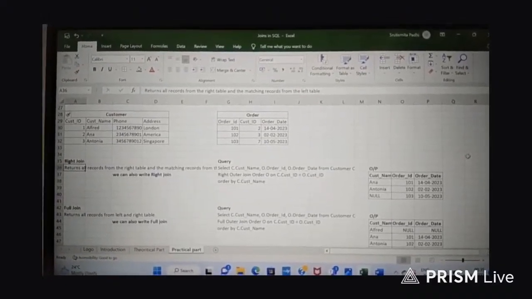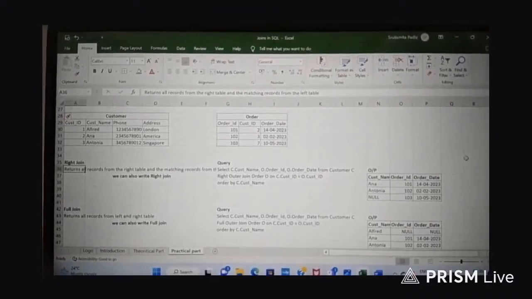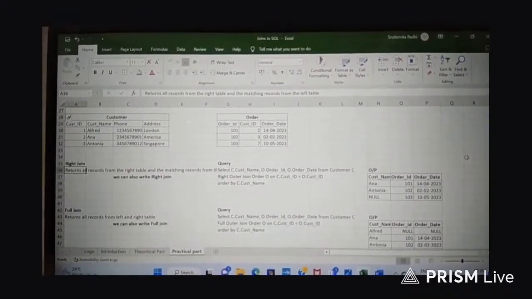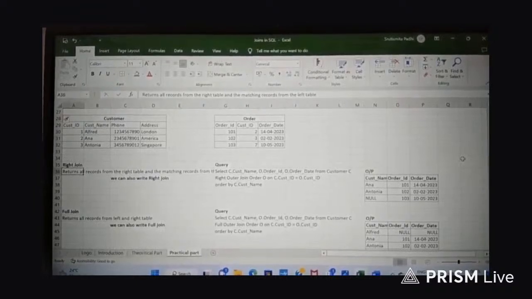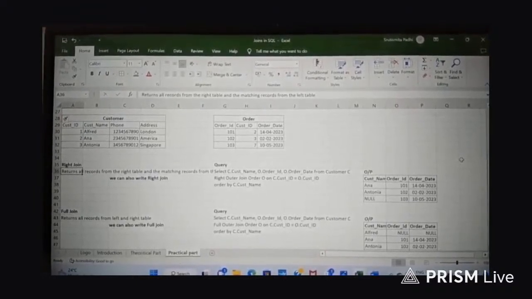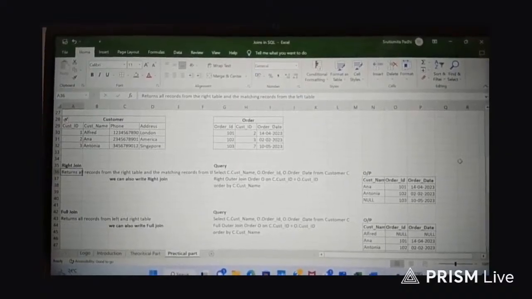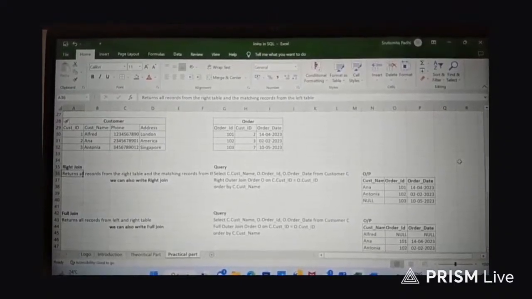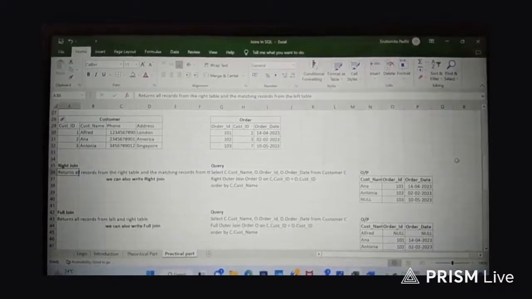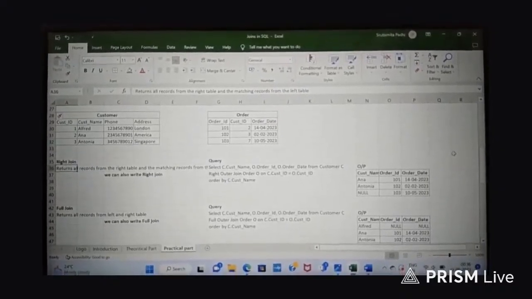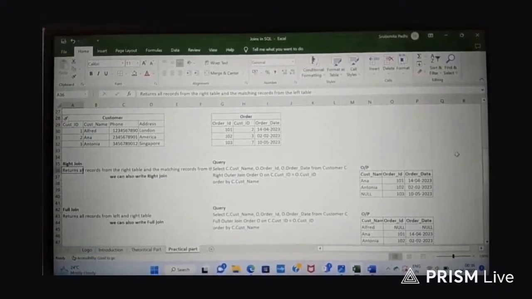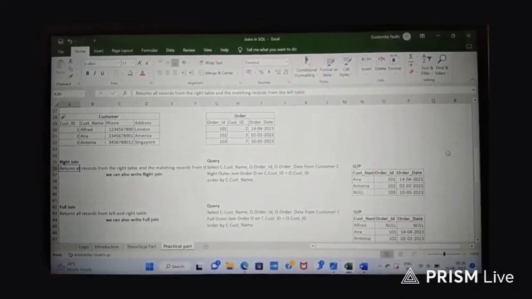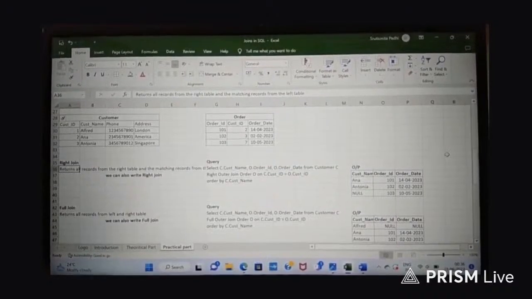Now if you see the output, all the records from the order table are displayed: order ID 101, 102, 103. But in the left table we need to have the matching records. For 101 and 102 we have customers Anna and Antonio, but for 103 we do not have any customer in the customer table, so we see null value in the customer name, which is as expected. Just because the order table has 3 records, we see all 3 records, which is as per the logic: all the records from the right table have to be displayed, and the matching records from the left table, which is the customer table, which are Anna and Antonio.